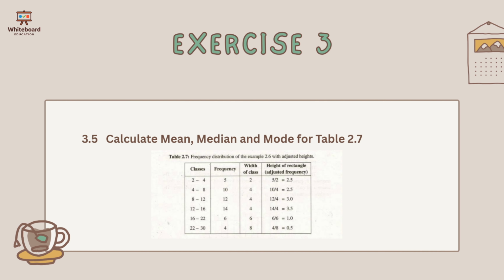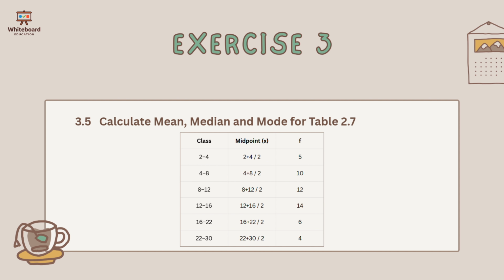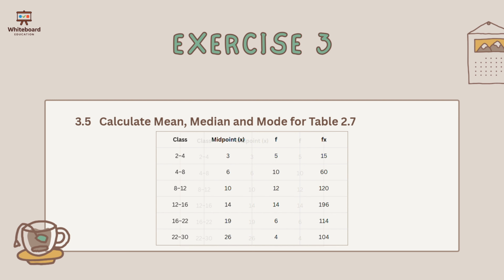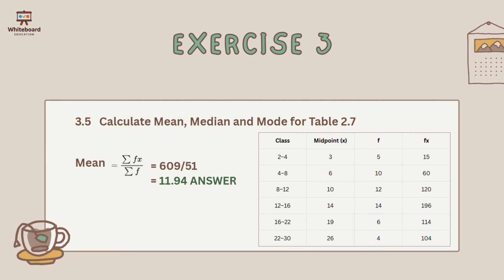Here, we also need to calculate the mean, median, and mode for this table. First of all, we extract class and frequency columns from it. Since we can't take the mean using continuous classes, we need to find the midpoints as a solid discrete number. For that we add the lower limit 2 and upper limit 4 and divide it by 2. We do the same for all the classes, and this is what we will get. Then we can multiply f and x. Now we can find the mean using the formula summation fx over summation f. We calculate the sums of these columns and place the values here as 609 over 51, which is equal to